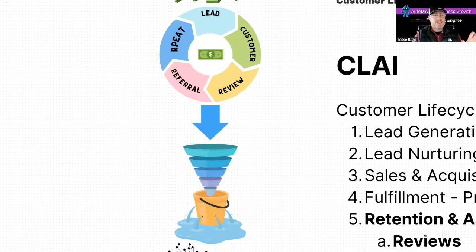So the best way to grow an organization, or the only way that I've learned to grow an organization, is one of two ways. One, you can get a new customer, or you can convert a cold contact into a paying customer. Or two, you can make the customers that you already have more valuable to your organization. Now, the distance between turning an existing customer into a repeat customer and or getting referrals from that customer is much smaller than converting a new contact into a paying customer.